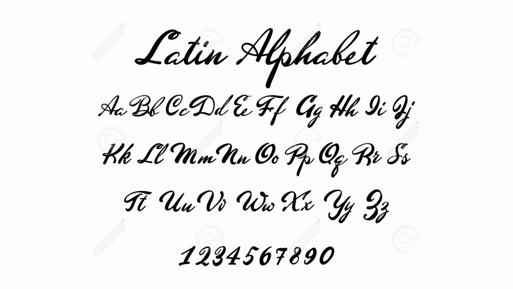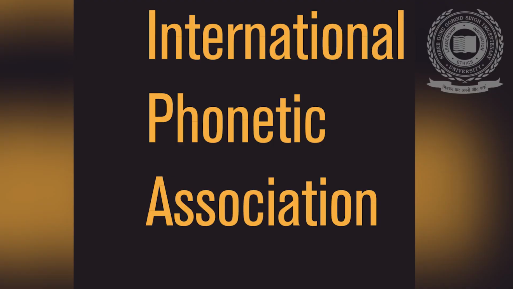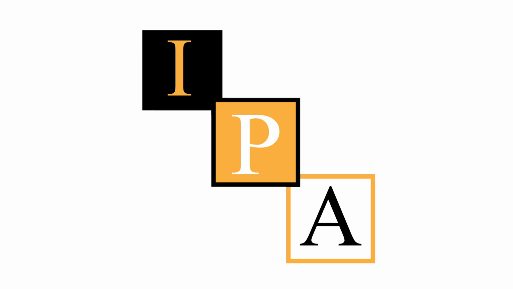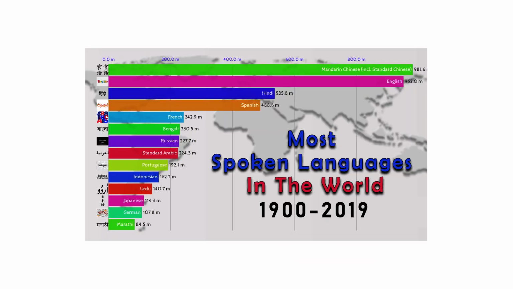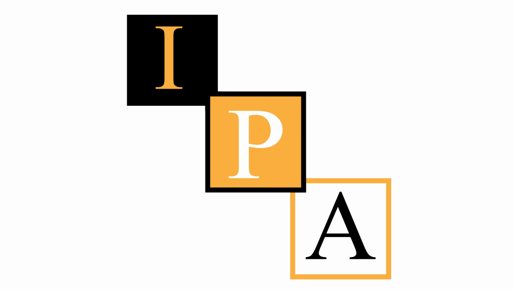It was devised by the International Phonetic Association in the late 19th century as a standardized representation of the sounds of spoken language. The International Phonetic Alphabet (IPA) is a set of symbols that linguists use to describe the sounds of spoken languages. Before we get into IPA, let us understand the organs of speech.